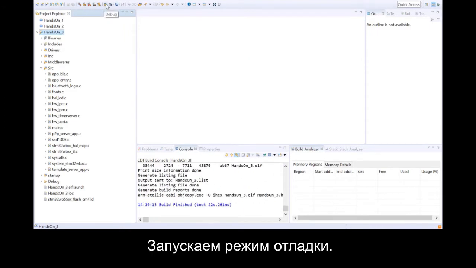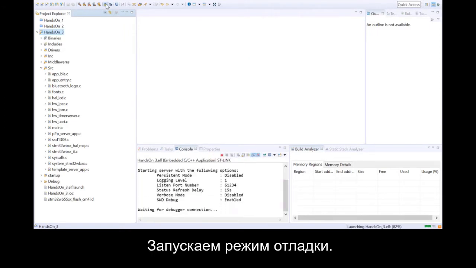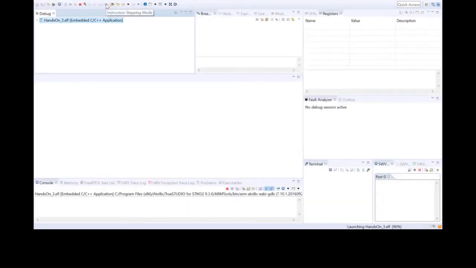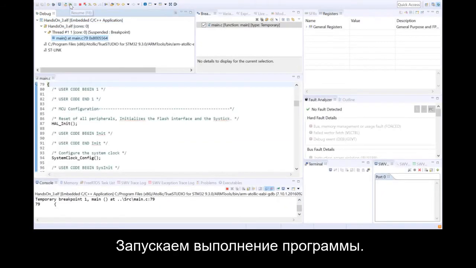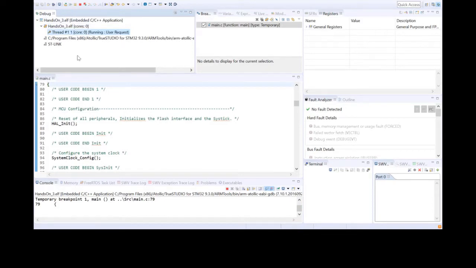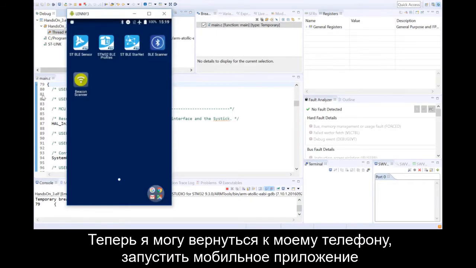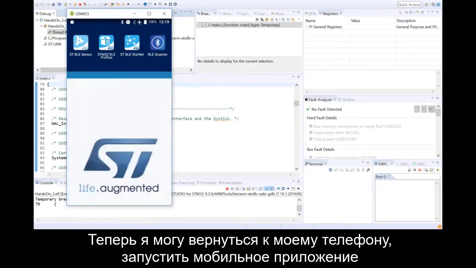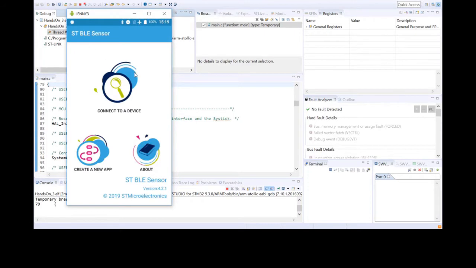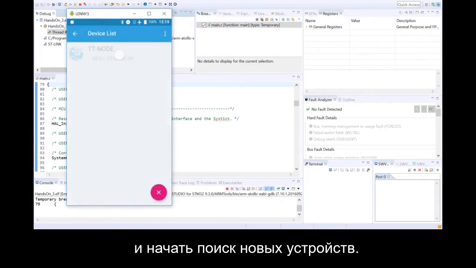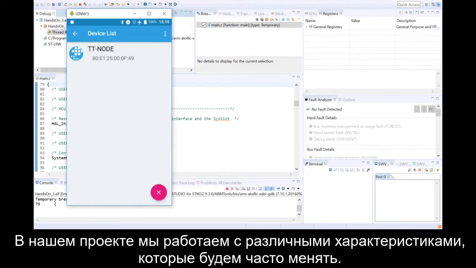Start the debug process off. Run the application. So if I now go to my mobile phone, I can now start the application, search for new devices. Because we're playing around with different characteristics here, and we'll be changing these characteristics quite frequently